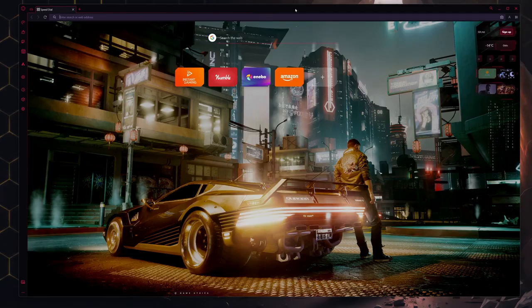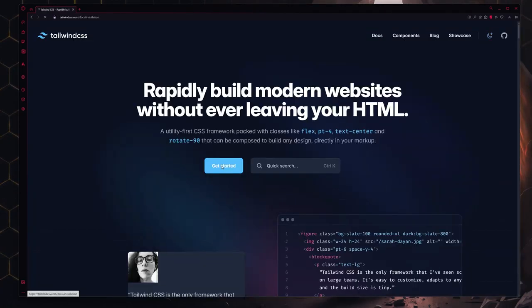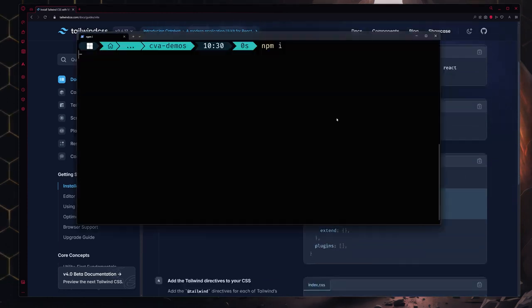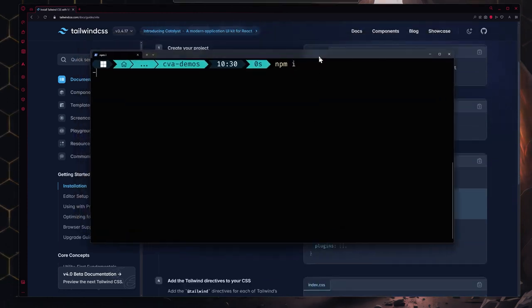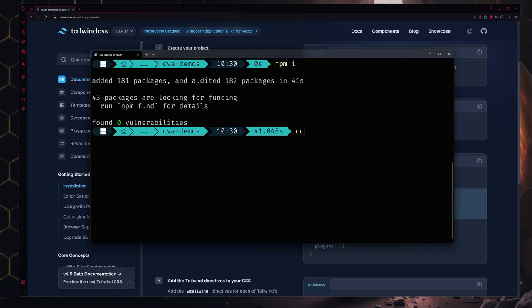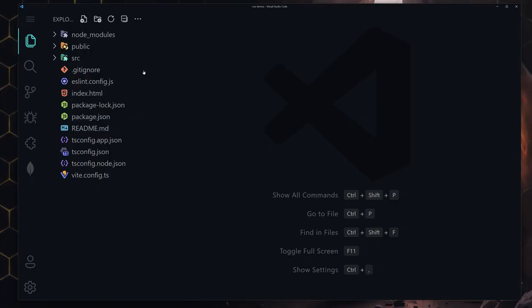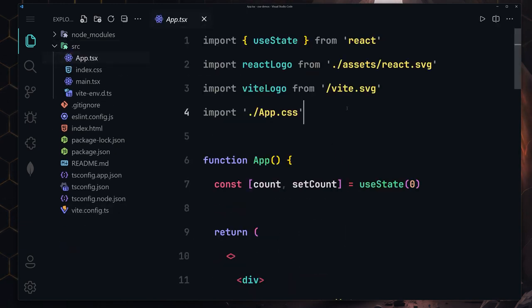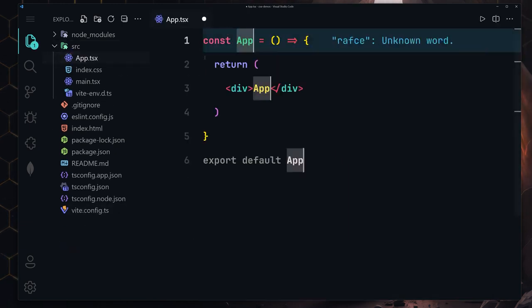While it's installing, I'm going to go ahead and go to Tailwind CSS, and then I'm going to click on Get Started, go to the framework guides, click on Vite, and let's just wait for that to finish. Then we are going to be making a Tailwind CSS setup. That's totally done. I'm going to open that in my VS Code, and this is how it looks. So I'll just remove this public folder. Let's just go to the src, remove this assets folder and App.css, and remove every single thing from App.tsx,